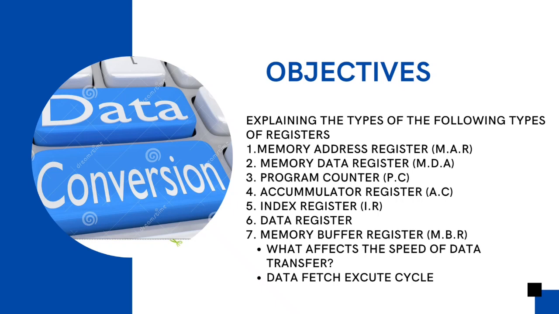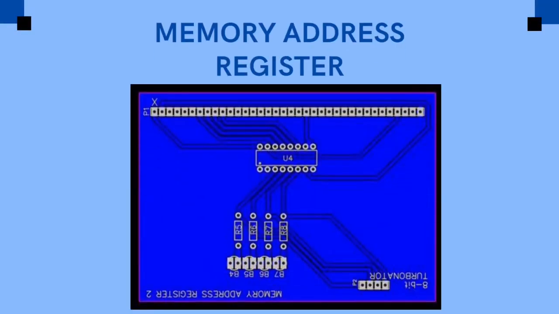I will be focusing on 7 types. I ended the last class by telling you about the 7 types. So in this class, we'll be explaining each and every one of them, what they mean and what they do as the class progresses. The very first one from the objective, as you can see, is called the memory address